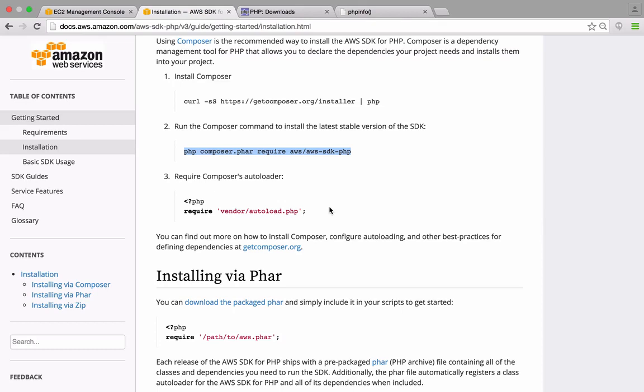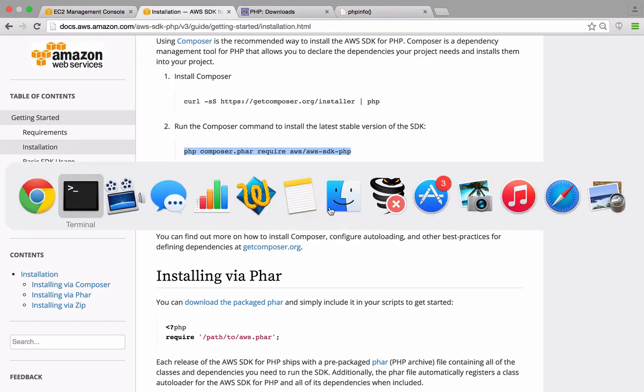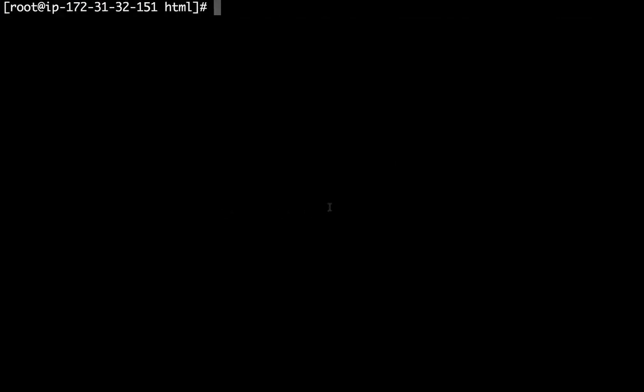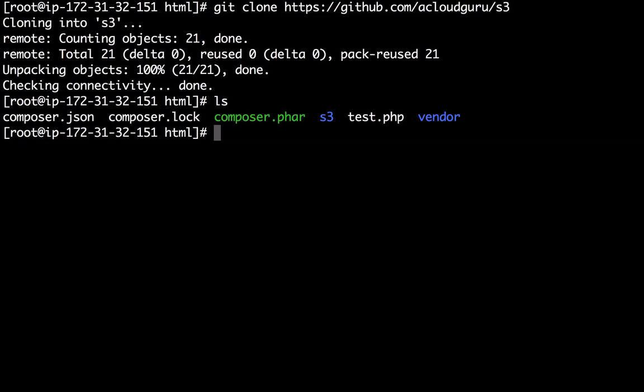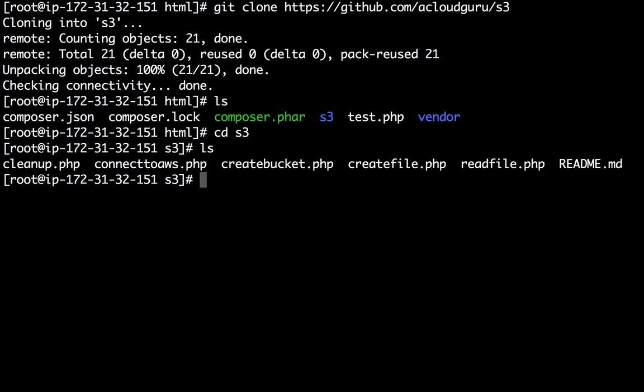Now I've made it easier for you guys, and I've created my own connection script. So let's go back to the terminal and get our code from GitHub. We just want to type in git clone, then https, then github.com/acloudguru/s3, and hit enter. That's going to download our code. If we type in ls, you'll see it's in the s3 directory. So if we go into cd s3 and have a look at our connect to AWS,